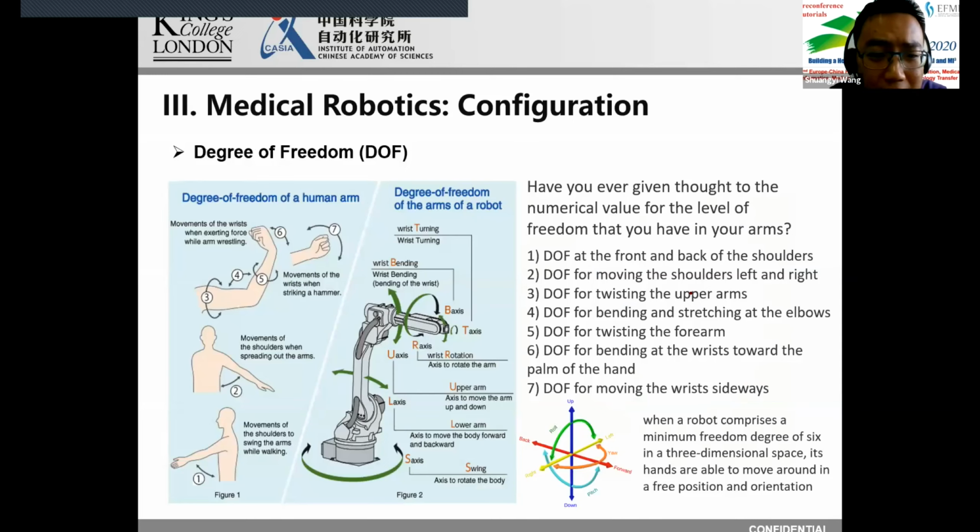And another important concept here is called degree of freedom, which is, again, very fundamental. So we know in the world space, if we want to represent an object, we need 6 degrees of freedom: 3 translations along X, Y, Z, and 3 rotations about X, Y, Z. But how about a robot? If we want to think about that question, we may want to look into our human arm as well. Have you ever given a thought to the numerical value for the degrees of freedom that you have in your arms? If you look at the left picture, actually we have a degree of freedom that can do the